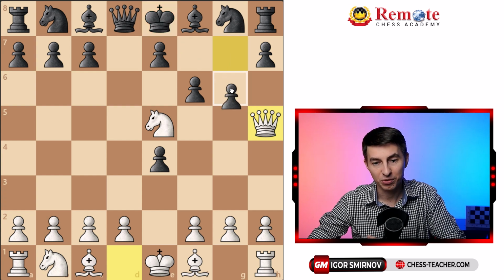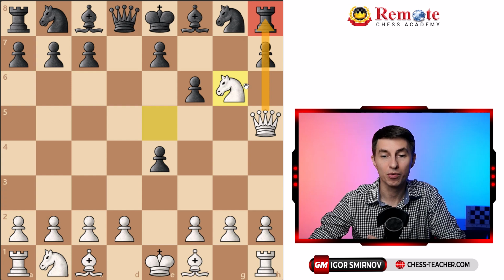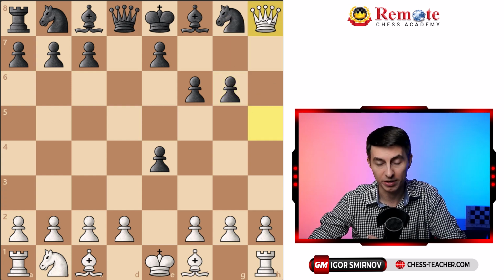Now, black has to cover with this pawn, but then you sack the knight right here, and black is losing this rook inevitably, either to your knight, or if they capture, they lose it to your queen. Moreover, not only did you win material, but you also attack the knight, you destroy the shield of their king, and